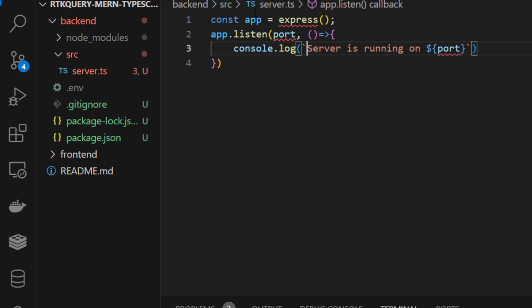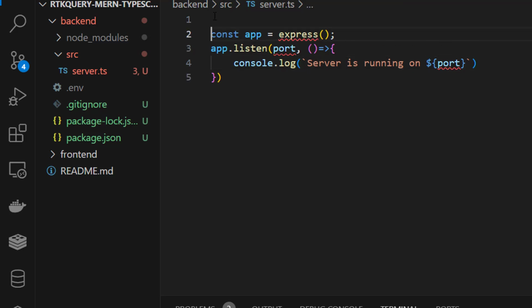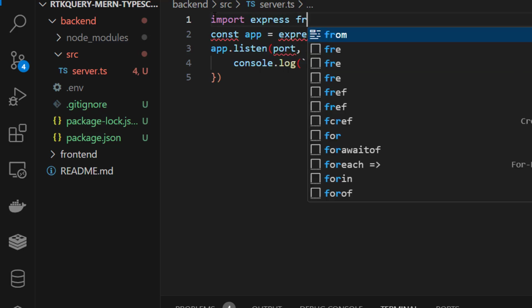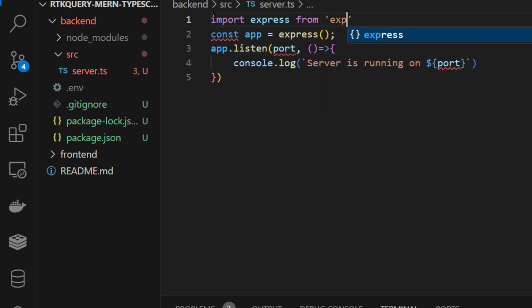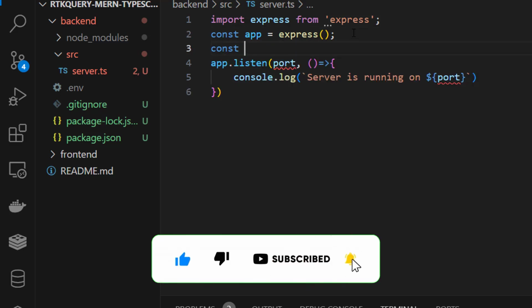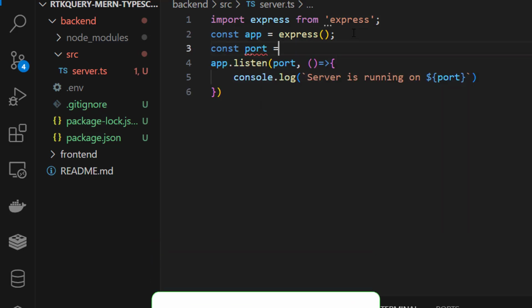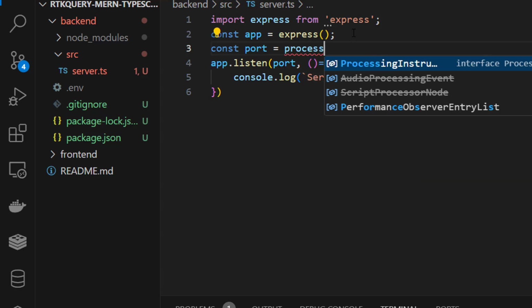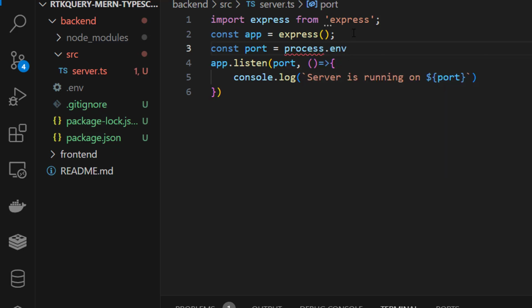Lot of errors, no worries. First of all, we need to include express, import express from express, and we need a port. Okay, so const port equal to process.env.PORT, or give it a default value, and it's 9000,